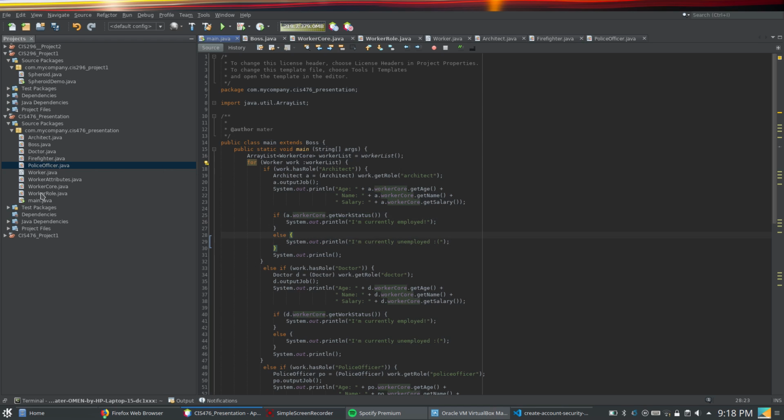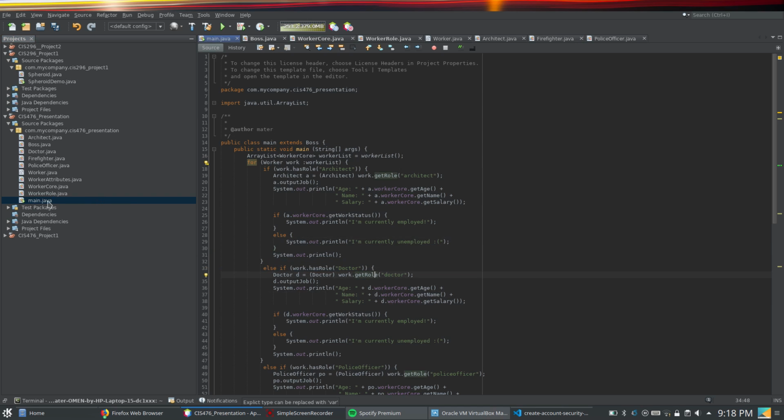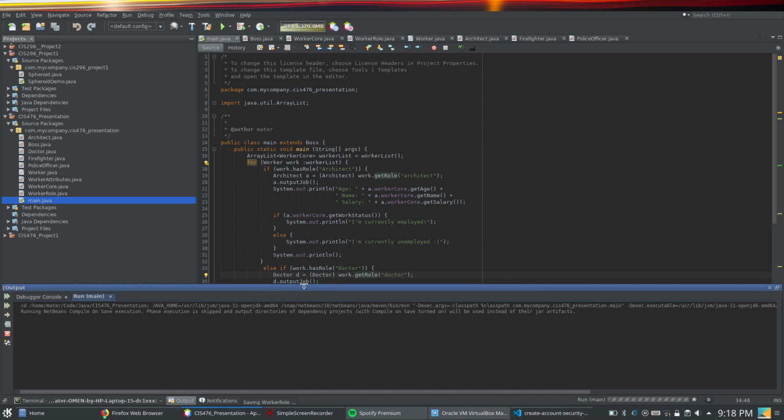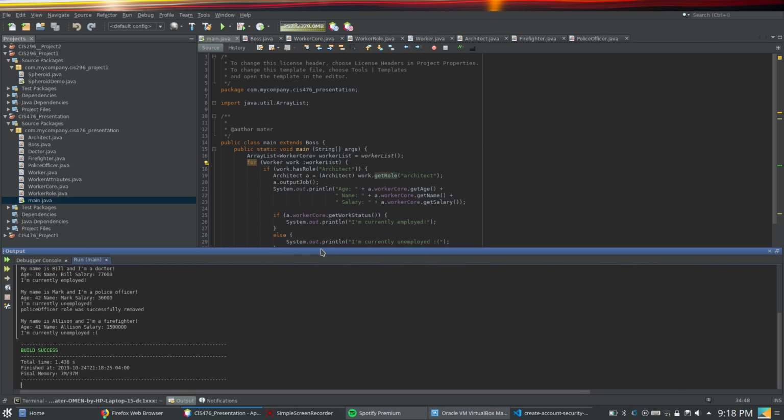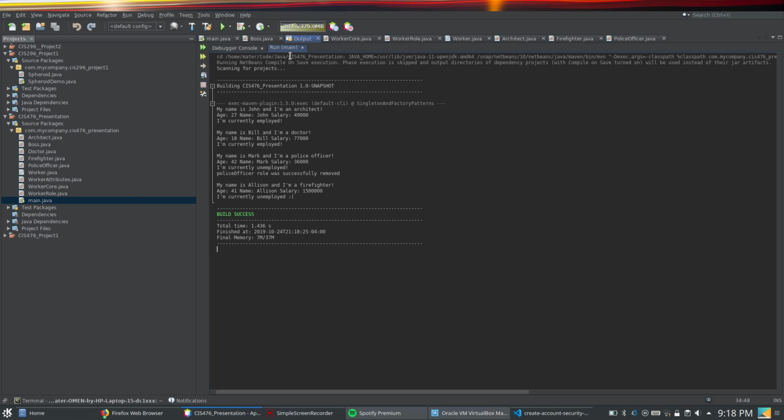Let's take a look at it. Each one is implemented the exact same way, except we have different roles with the doctor and the other ones. Okay, so this is: my name is John, I'm an architect. This is the age, name, salary. He's employed, employed, employed. And then this one is, oh sorry, these two are unemployed. And then we have